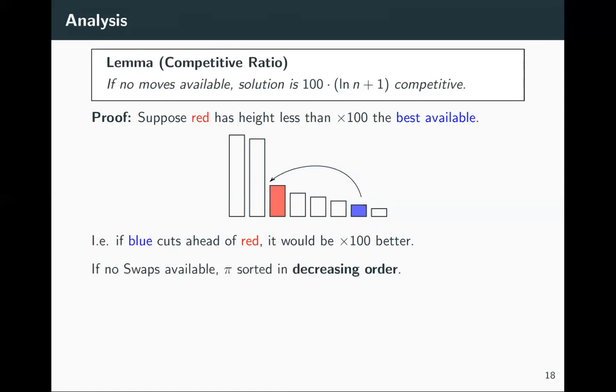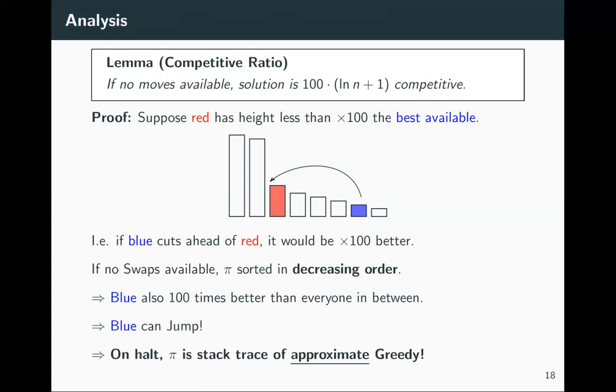Now, if our permutation is stable with respect to the local search moves, there are no swaps available, which means that the permutation is sorted in decreasing order. We've finished bubble sorting. And so not only is blue 100 times taller than red after the move, it will also be 100 times taller than anyone in between. But this means that blue moving ahead of red is a legal jump as we've defined it. And so, to conclude, if there are no swaps and no jumps available, this situation cannot arise,